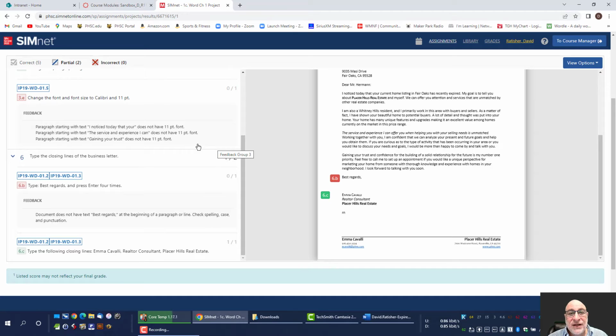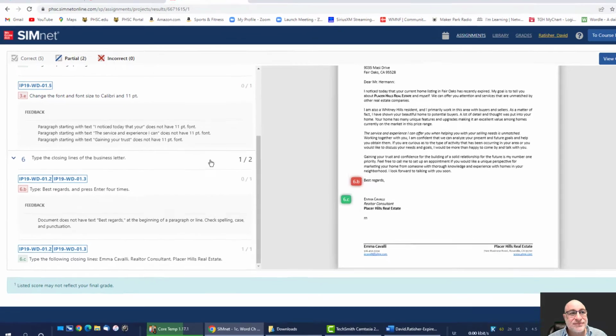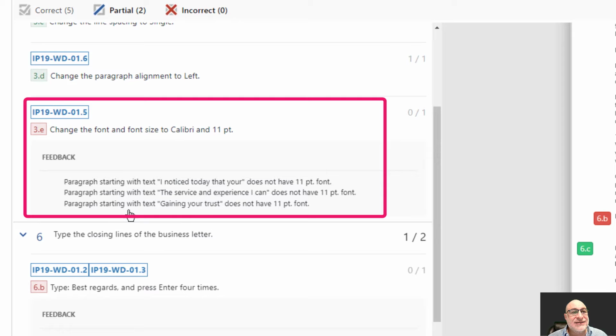The other one is a little bit more tricky. It's telling us that there are 3 different paragraphs that don't have the expected 11-point font. And it's important when you're reading this feedback to try and think like the computer would think. Remember, this is automated grading, which means that the grading is only as good as what it's been programmed to